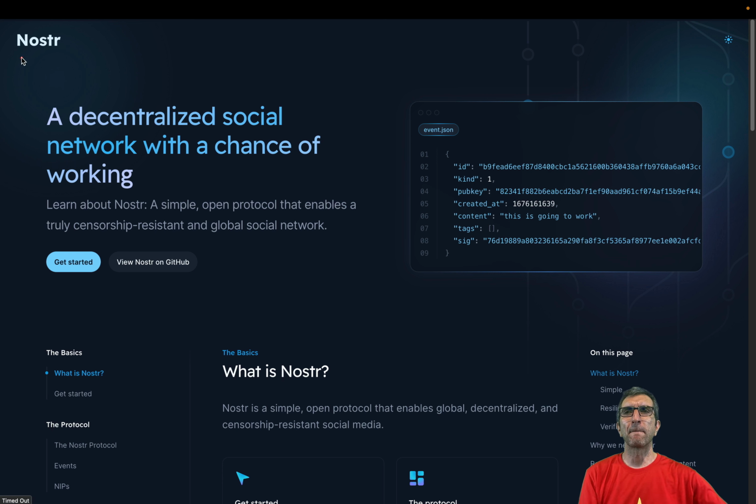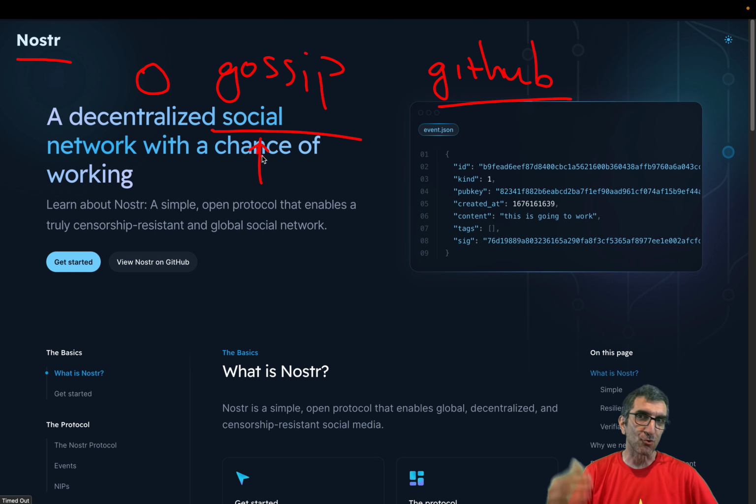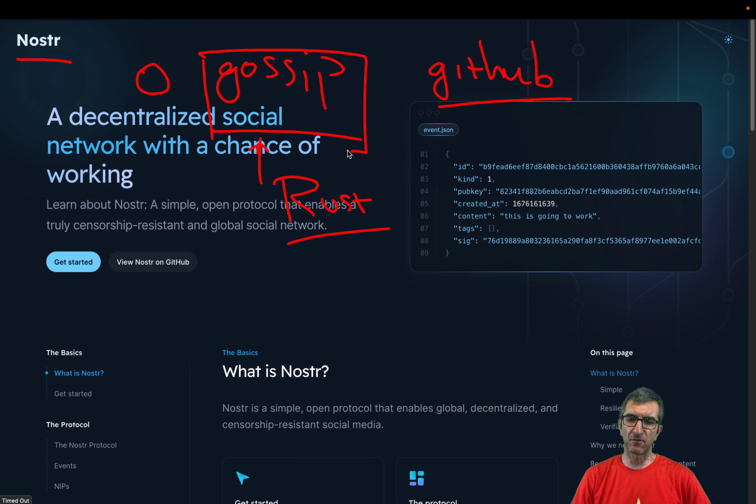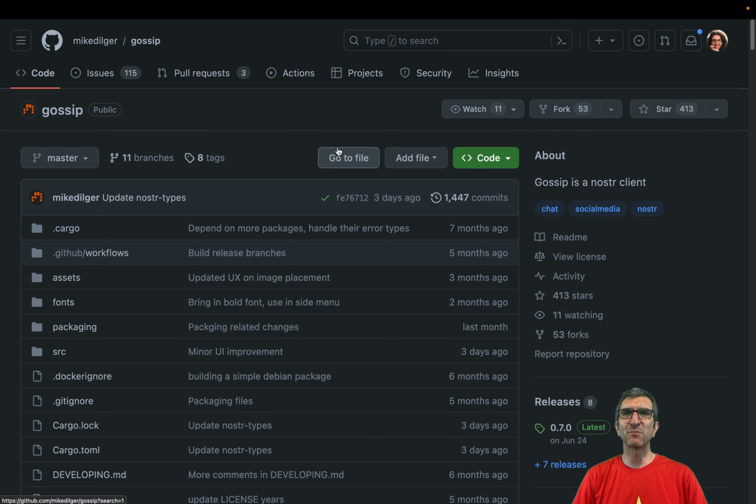So I started creating an account. You need a client. I checked different clients, and one of them with a cool name, Gossip, was on GitHub. The reason I used Gossip is not because it's the best client. Best for me for sure, that's why I'm using it. But this is written in Rust. And I know some Rust and I would fancy practicing my Rust more. So what I did was choose something in Rust with lots of open issues and some places for improvement, that will let me practice my Rust too.